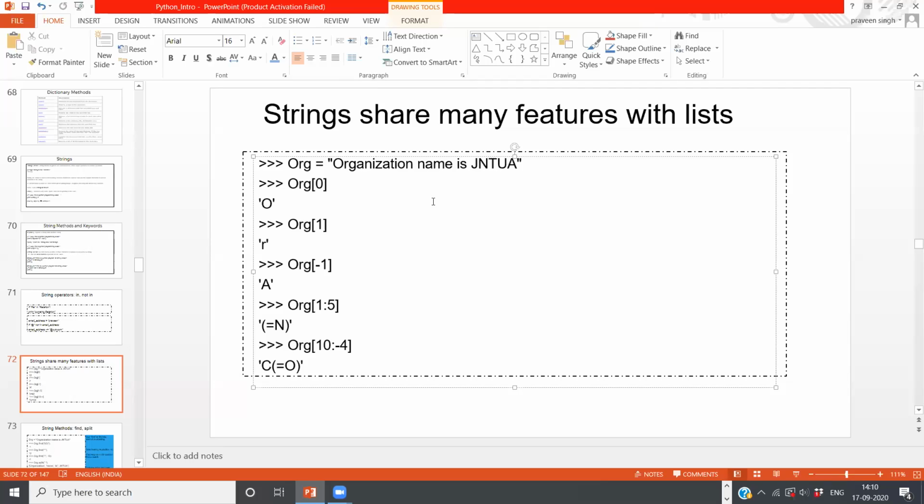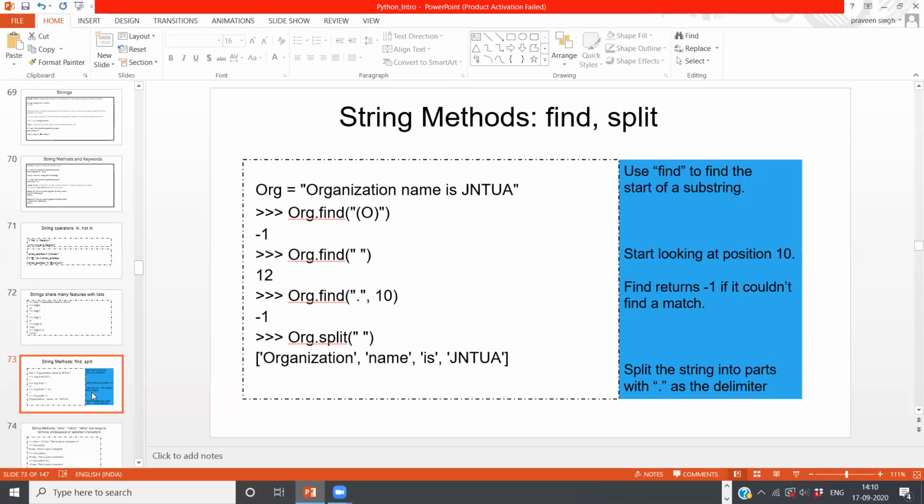Now let us move on to some other methods present in string, like find and split. We covered split last time, I do remember. Now here I need to find something. What output should we get? Here I have mentioned we generally use find to find the start of a substring.